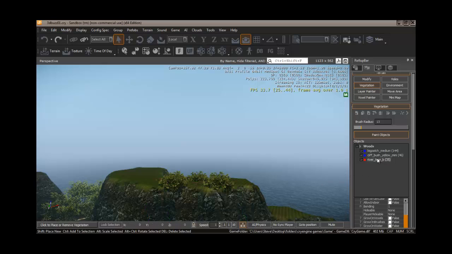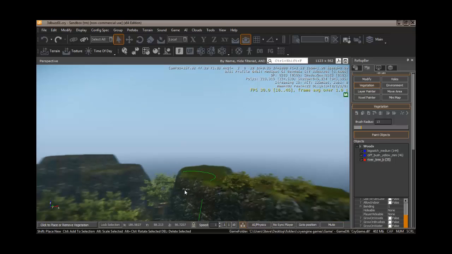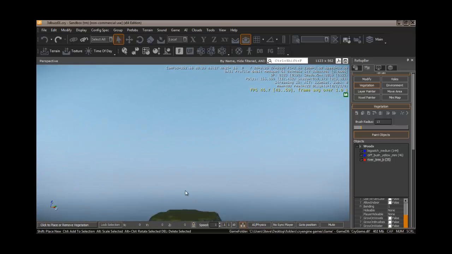And that brings up another thing. You can add and remove even within these objects just by picking. So since I only had river tree selected, that's all it got rid of on here, and that works fine for this situation. And likewise,